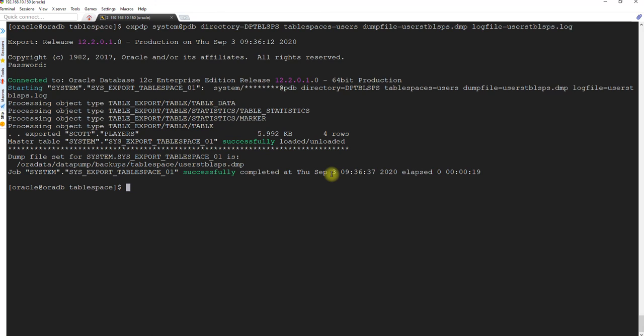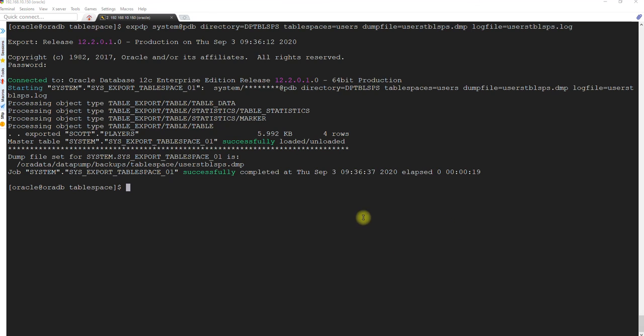I'm hoping you guys are understanding what I'm trying to say. I actually meant to say what you can exclude and what you can include in the parameter value in future if we are taking the tablespace and the table backup. The inclusion and exclusion depends on you while importing it. So let's move on.